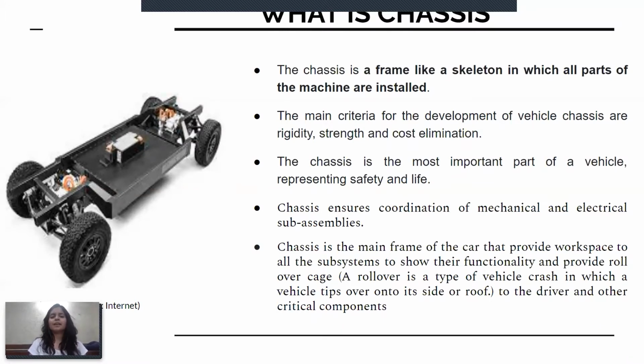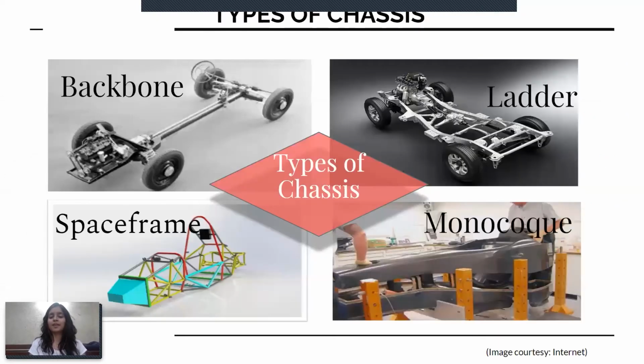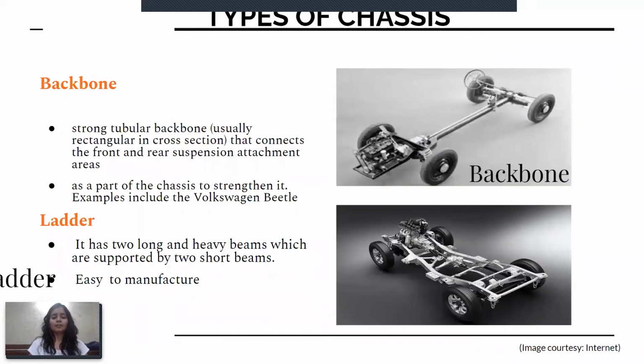There are different types of chassis used in commercial and passenger vehicles and race cars. So let us go through four major types of chassis designs quickly. All those four being backbone, ladder, space frame, and monocoque. Now, starting with backbone, it is considered a strong tubular backbone, usually rectangular in cross section, that connects the front